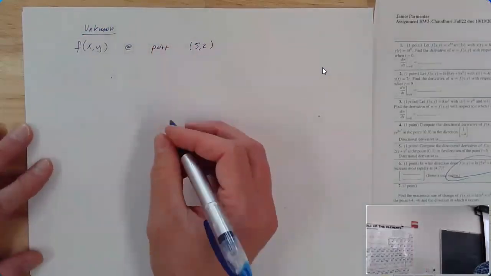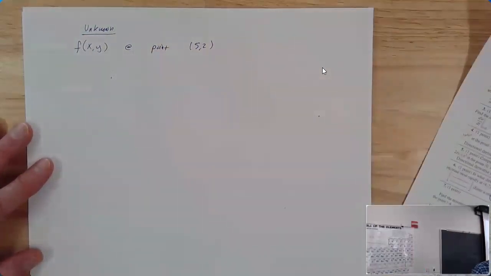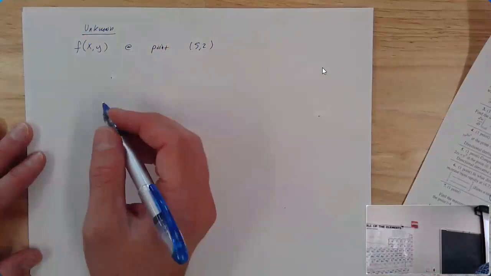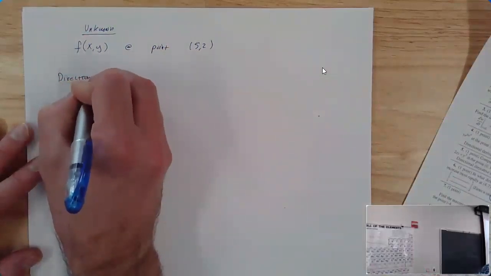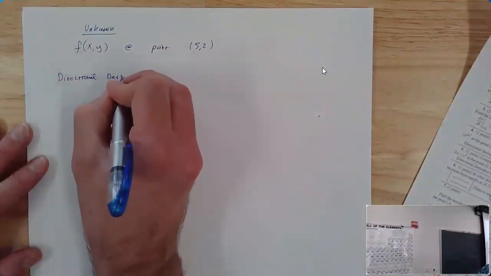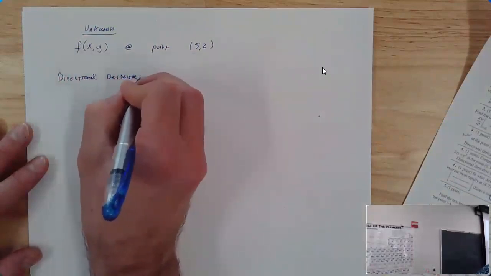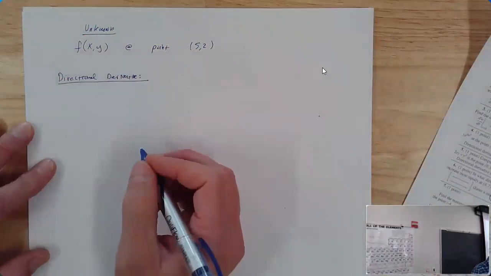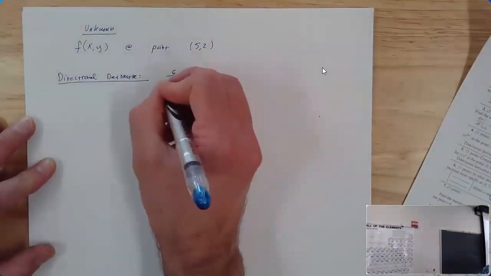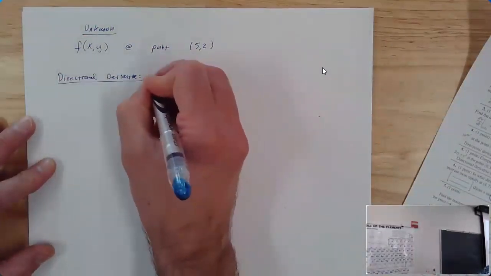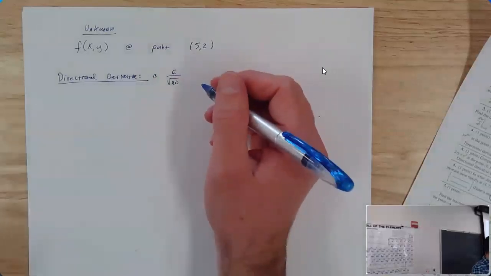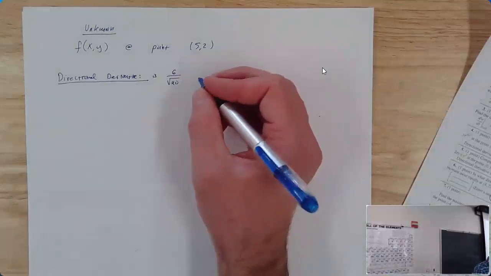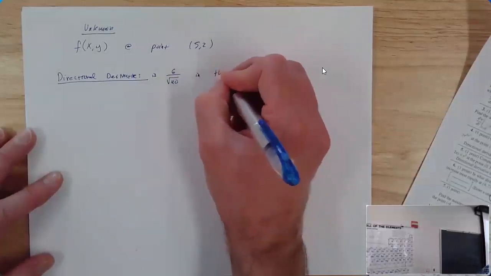At the point the function has directional derivatives. The directional derivative, which we know how to calculate, is equal to 6 over the square root of 40 in the direction of,